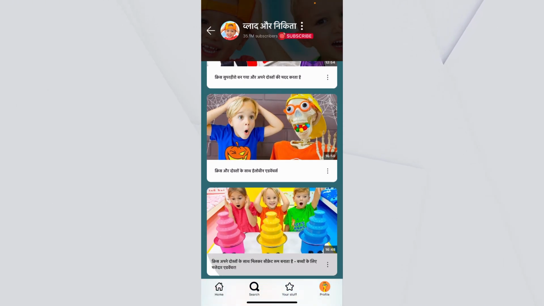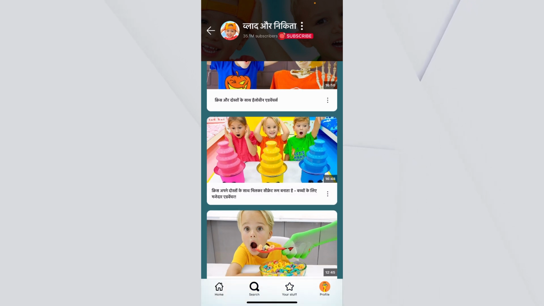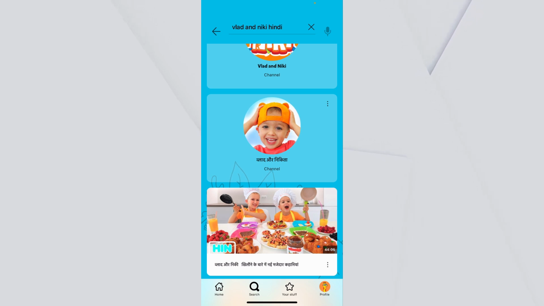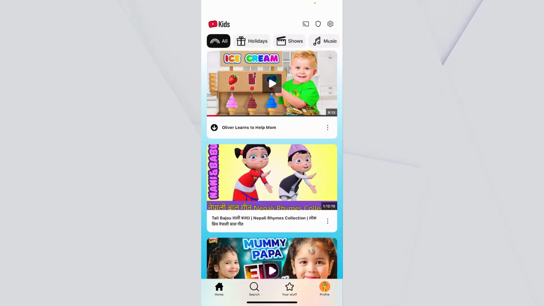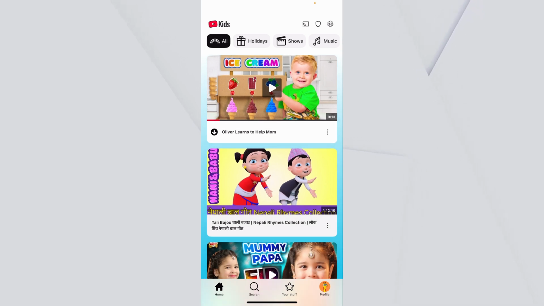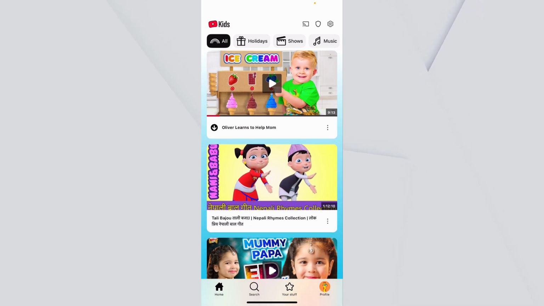Now, not all channels have dubs, so whenever you search for a channel and write another language right after that channel and nothing shows up, that basically means that those creators have not dubbed their video, so it's not available in any other language. But most channels on YouTube Kids are probably dubbed, so you can just search for the channel's name and write another language like Hindi, English, or anything, and they will